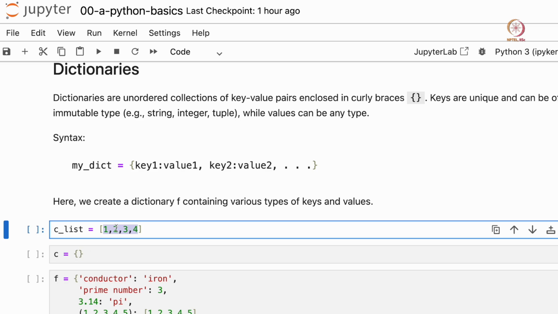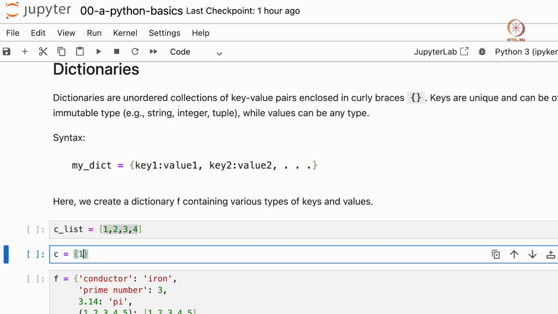For example, whenever I want to store 1, I have to assign a key to my data. So let's say that key is string 1, and I separate a key and value by a colon mark, and I separate different data points, different key value pairs, by commas. So let's again store a key 2 and value 2, and a key 3, value 3, and let's print C.